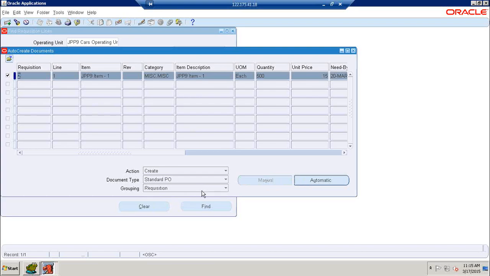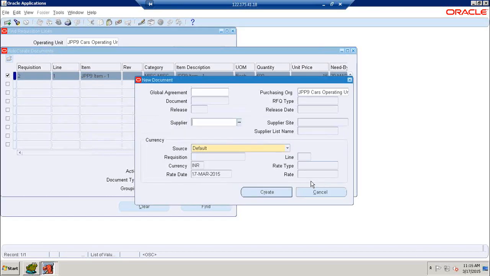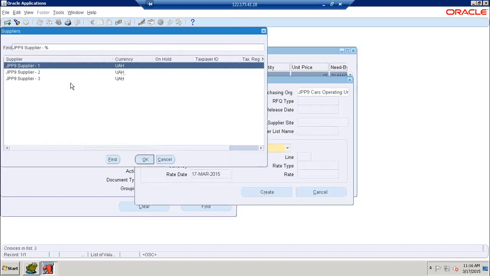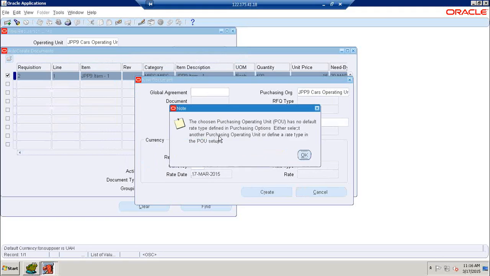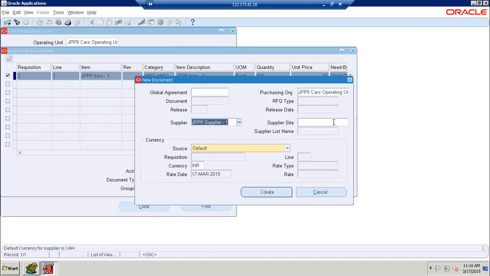Sometimes they ask this question: what is the use of grouping default and requisition? If you go for default, it is possible to create the PO manually. If you go for requisition, we directly create the PO automatically. Click on automatic. Now observe this one, to whom do you want to generate this PO? Okay, so which supplier? Supplier 1, and the purchasing operating unit has no default. Okay, not a problem. And then